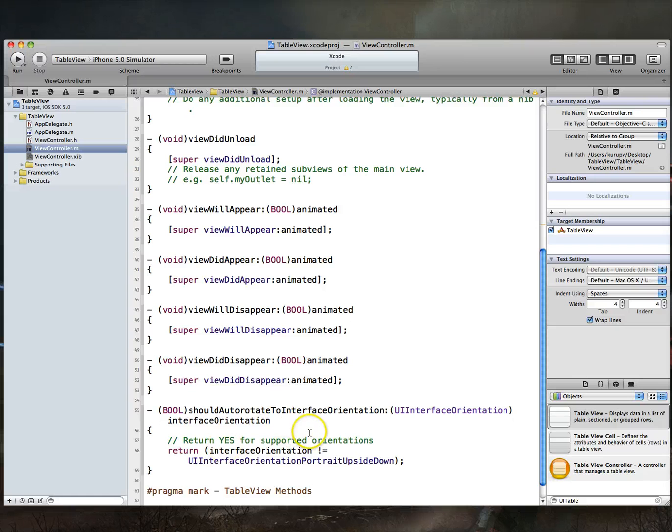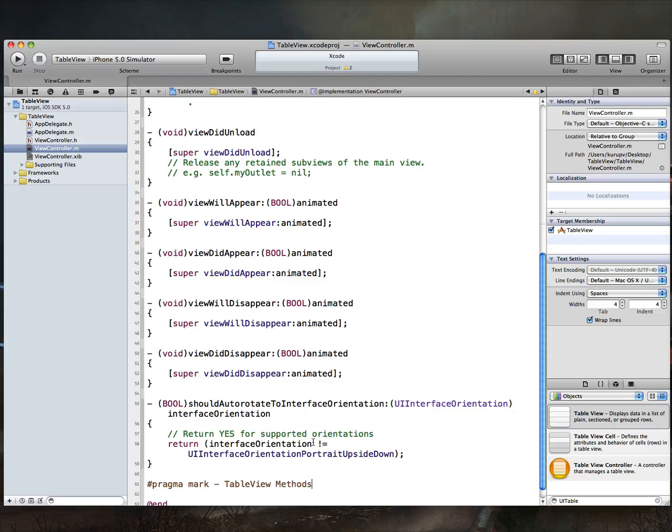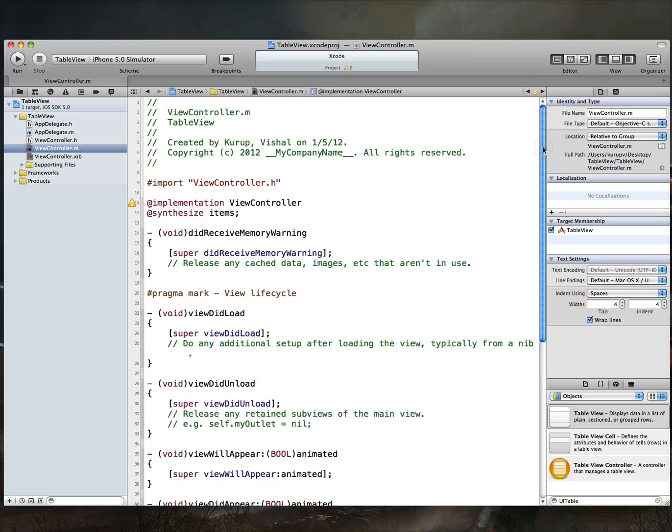All right. So what pragma marks are is just an easy way for you to jump to the various methods that you're implementing in your code. So imagine you've written an application, and this application grows from version to version, and it gets a lot of code in some of these implementation files. Well, you might want an easy way to jump to a particular method. Say you've built this application, you added some new code, and something's funky, and you maybe want to jump back to a particular method that you added, and you want to take a look at the code that's part of that method. Well, instead of scrolling up and down through thousands of lines of code,